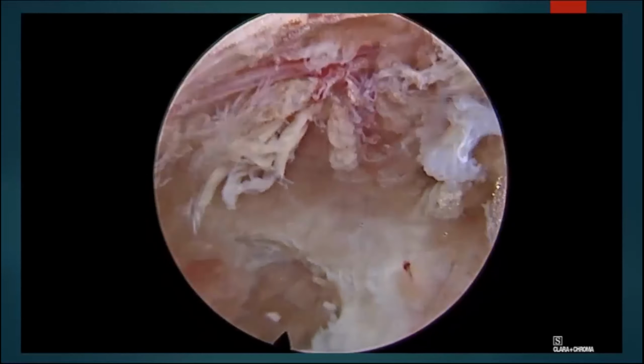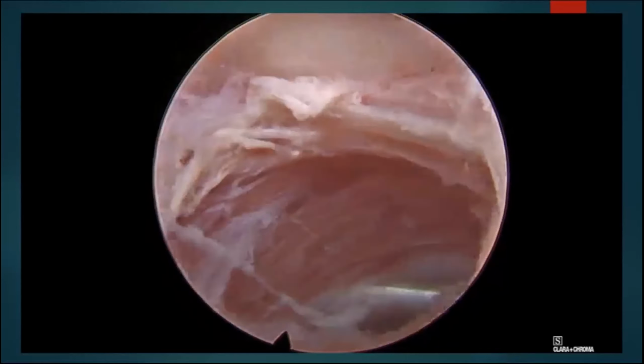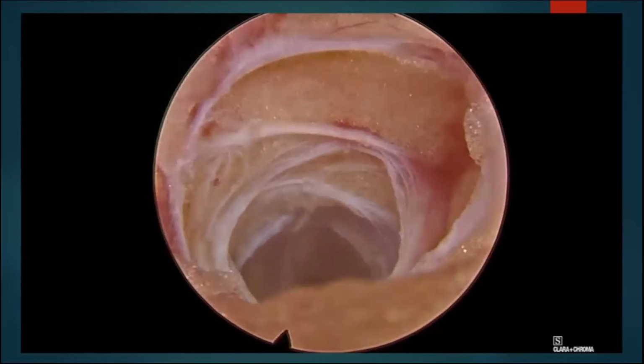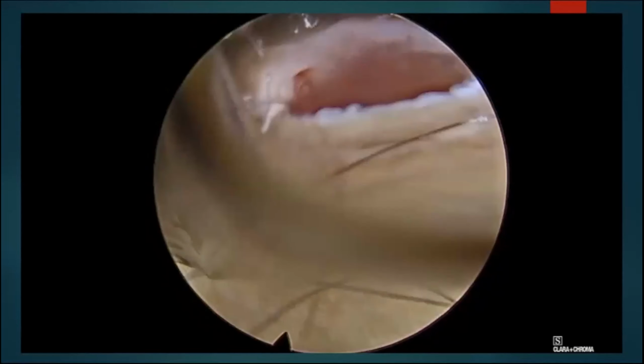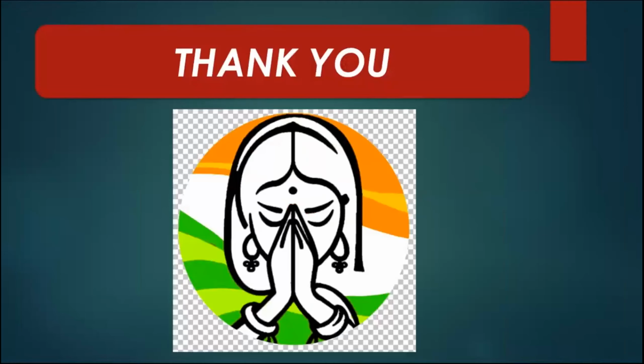And a small stab incision, and I'm coming out here, the muscle just falls back, and there is no contused muscle here, so the muscle just falls down with just a dilated muscle, and with a small incision it is done. So immediate post-op is done. You can see the entire fragment is out. No tissue is violated there. With a small incision, we have done a disc removal without any collateral damage.